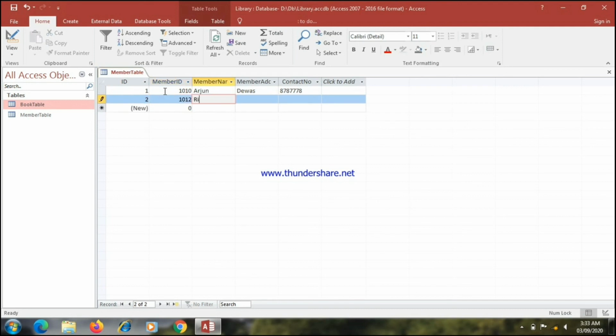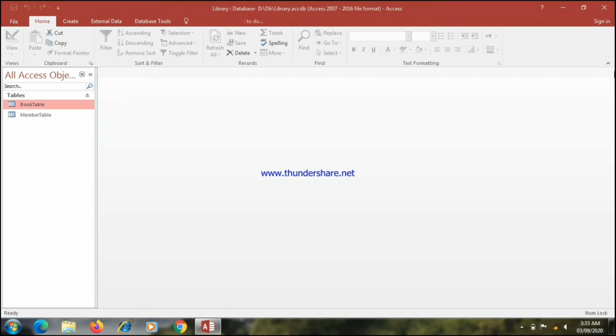Name, address. So this way we can enter the records in our table. To save the records, we have to click on save button. The table would be saved with the records. So just keep in mind, in the design tab or in the design view, we can only design the table, and in the datasheet view we can